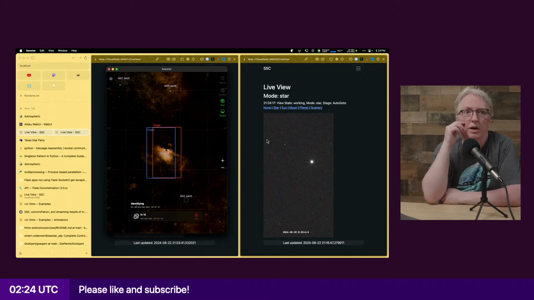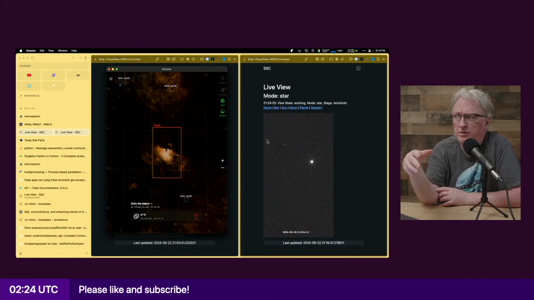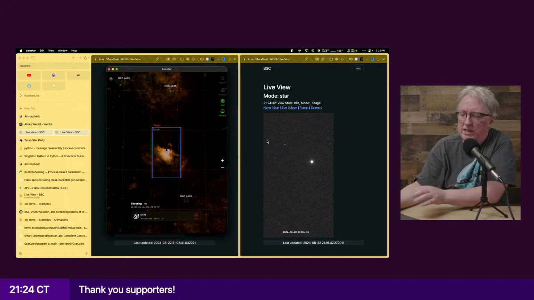Now, one thing I did want to mention is once I merge this code, you'll be able to run it yourself. It's feature flagged, so it's not on by default because it's kind of a rough experience right now.